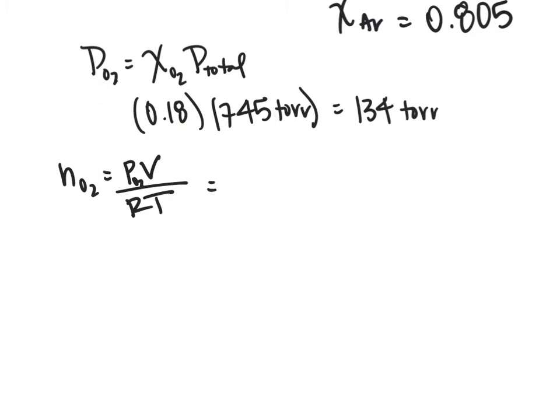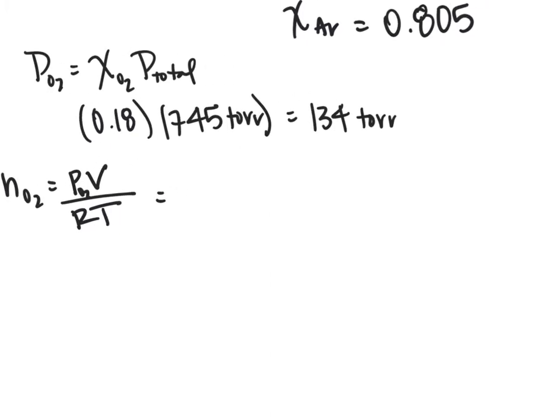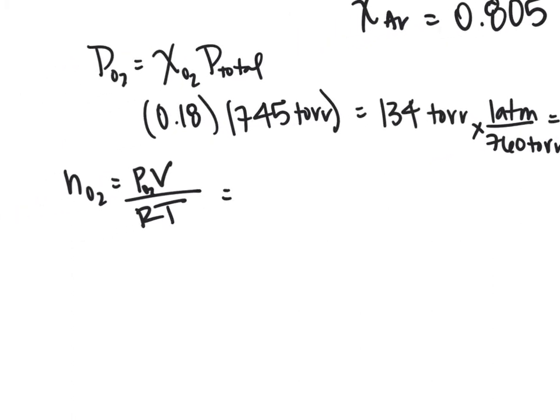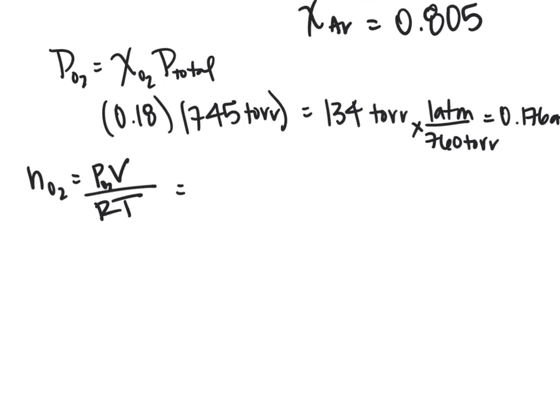So we are going to first convert the 134 torr into atmospheres. There are 760 torr in 1 atmosphere, which is going to give us 0.176 atmospheres. I did this in order to use the R value that I wanted. If you remembered or prefer a different R value, you would not have to make that calculation. So the pressure of oxygen is 0.176